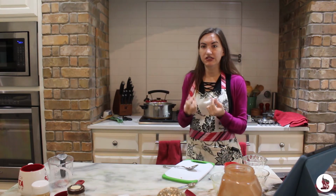I want it to sit, cool down, get kind of sticky and gooey so it holds together really well when I make the mince pies later. So yeah,